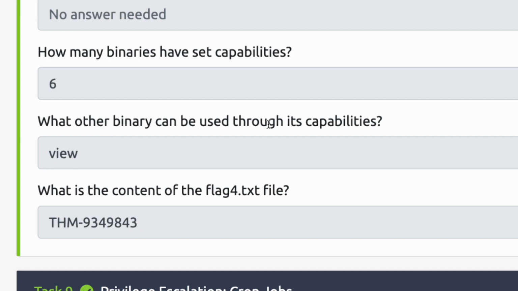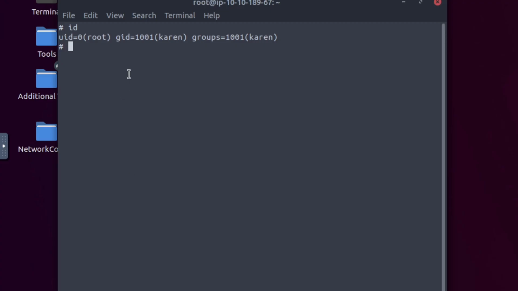What other binary can be used through its capabilities, which was the view that we saw, and where's the content of flag 4. Since we're already root, really all we have to do is find right here, and it's going to be name flag4. I think that's how we do it. And there it is. So it's inside of the home Ubuntu